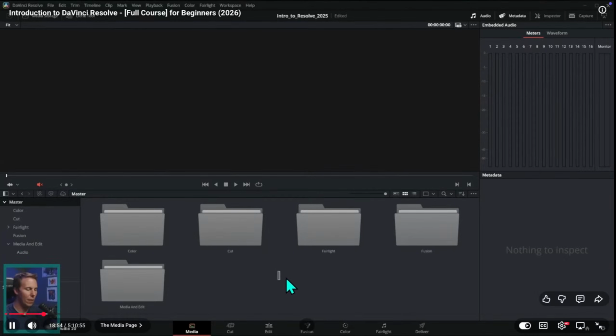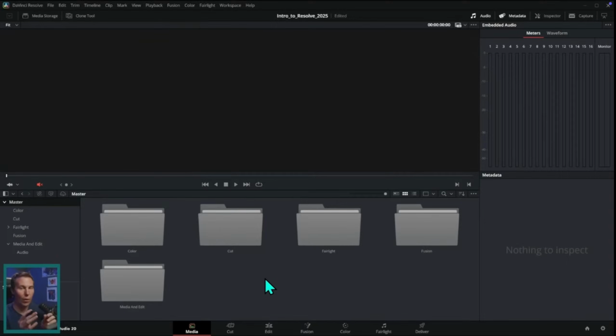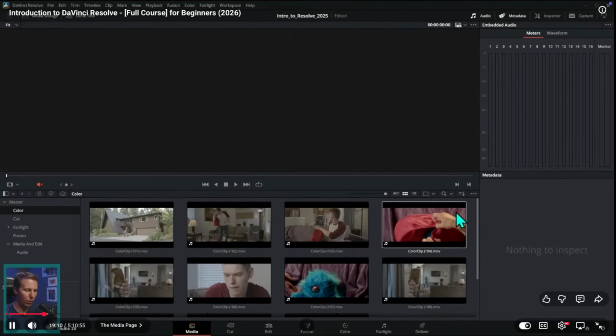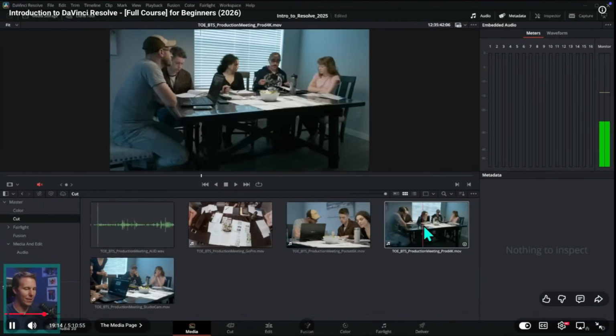If you drag these into the media pool itself and not the bin list, it's just going to throw all of the media in there without the folders. So make sure to drag them here, all right? So now we have all of the media that we're going to use for the rest of this video. And feel free to open up the bins, go through it, and take a look at some of this footage. We have all kinds of fun stuff. We have a production